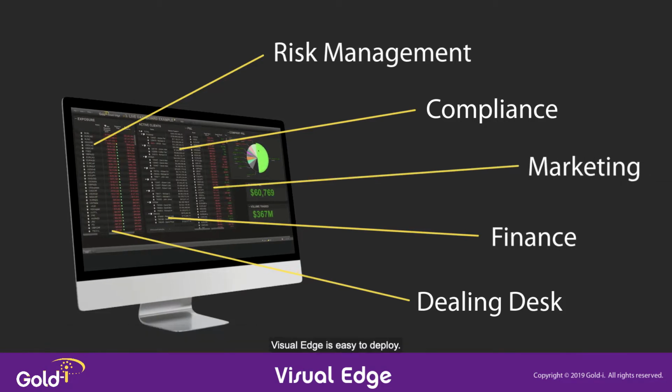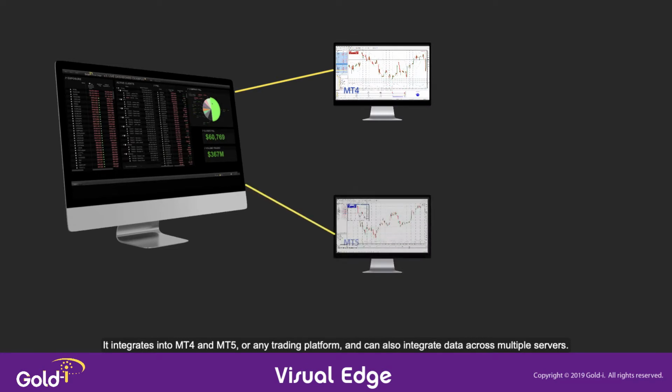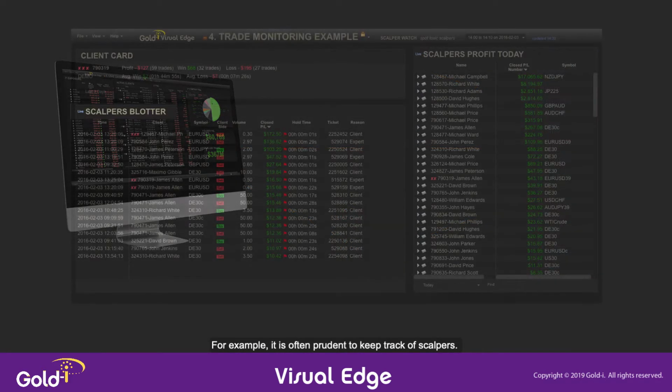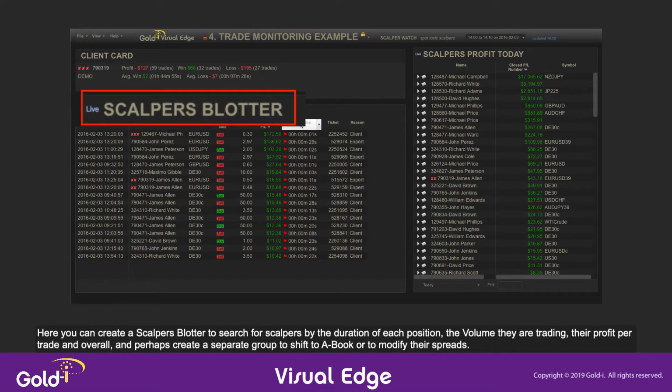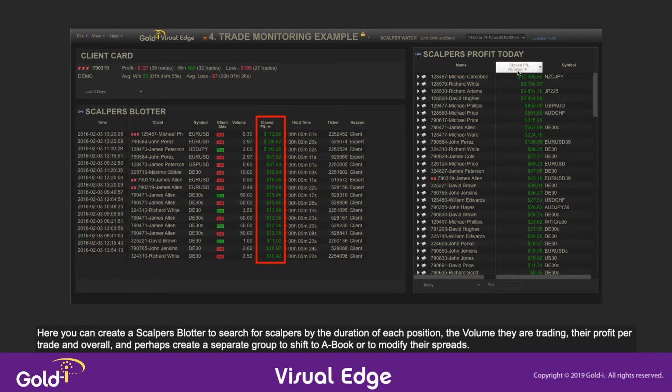Visual Edge is easy to deploy, integrated into MT4 and MT5 or any trading platform, and can also integrate data across multiple servers. It is often prudent to keep track of scalpers. Here, you can create a scalpers plotter to search for scalpers by the duration of each position, the volume they are trading, their profit per trade and overall, and perhaps create a separate group to shift to A-book or to